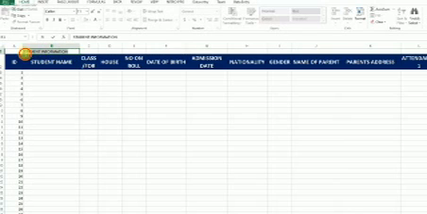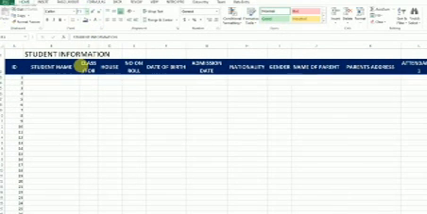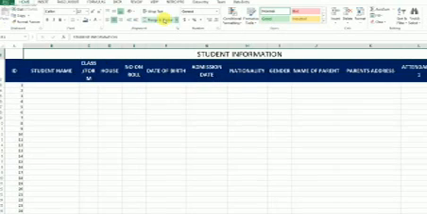Then let's change the font size to 22, and then you click on it and drag it to, let's say, M1. Let's select M1, and then you go to merge and center, and you click on merge and center.